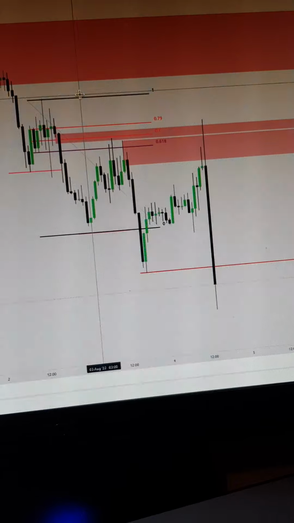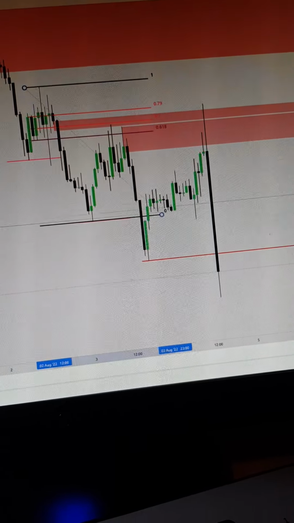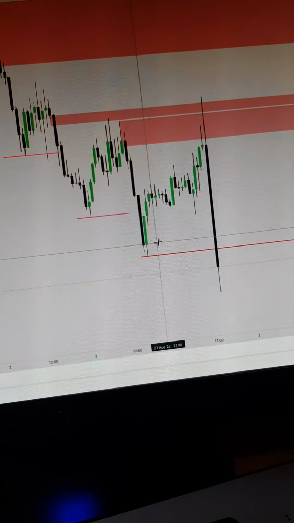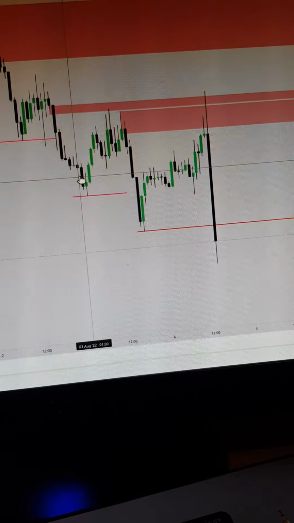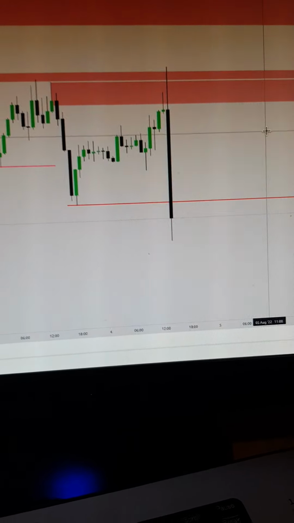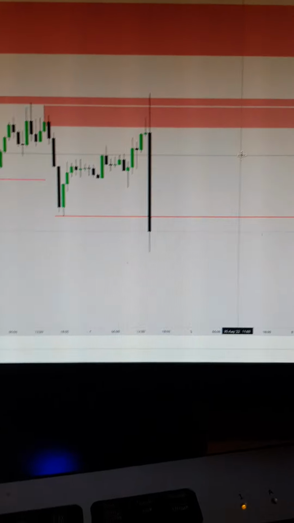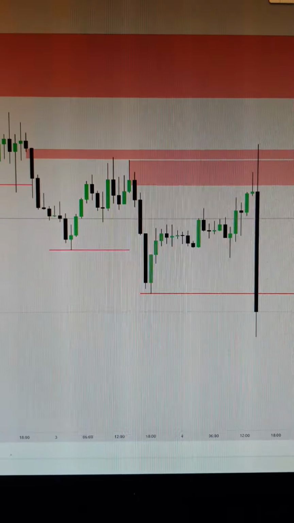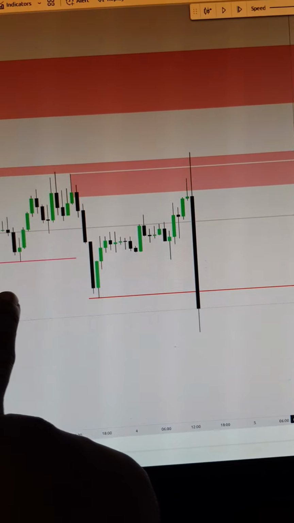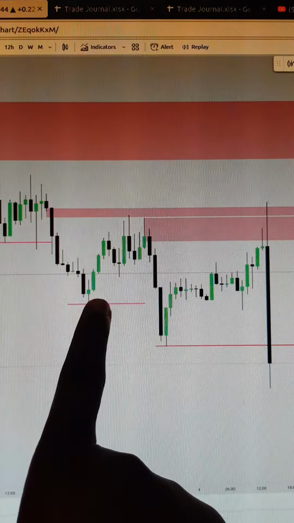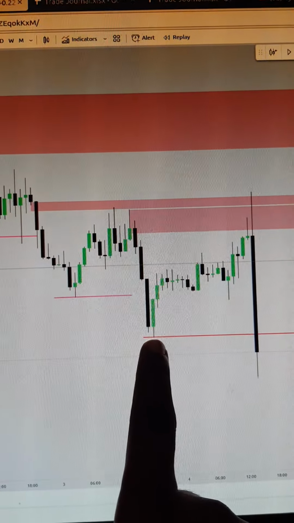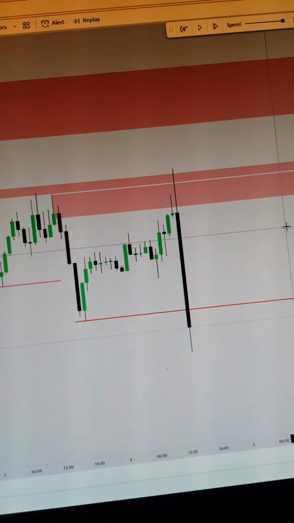Okay, it is your duty to go on M5 and look for a shift in market structure. So let's look at today. Today we had interest rates for the United Kingdom for GBP pairs, GBP British pound. So we have a break in market structure. We have this low liquidity pool, these highs liquidity pool. Okay, so I waited for price to return